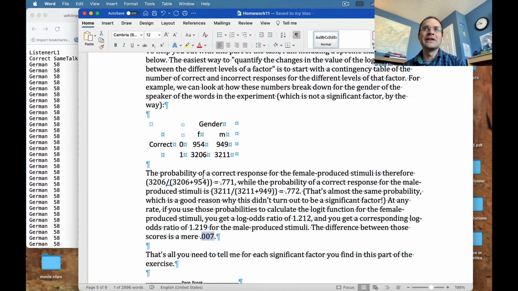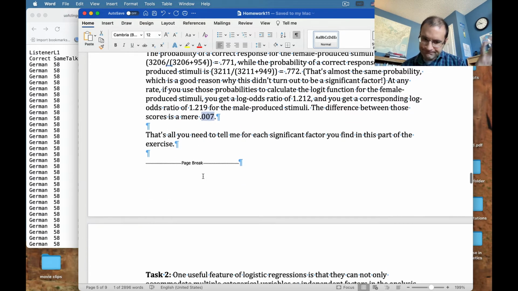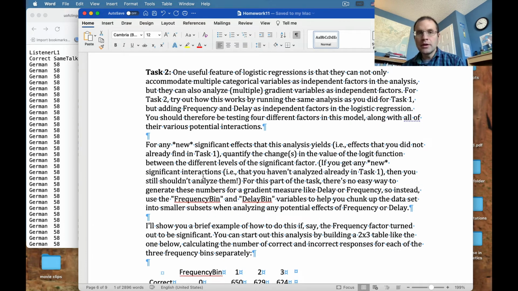The reason you'll be running these is because you've kind of fleshed out significant effects anyway. So at that point, you can say, oh, they're doing better on this level of the factor and then on that level of the factor. Okay, so task number 2